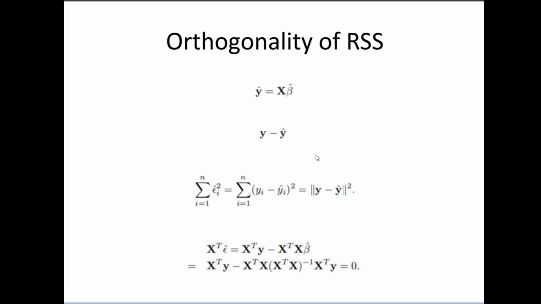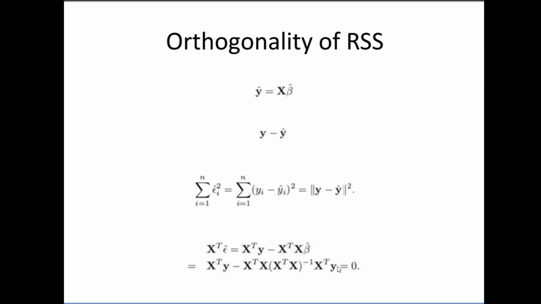Now how do you test the orthogonality of two matrices? So your residuals are orthogonal to X. How do you understand if that is true or not? You take their dot product, you multiply X transpose with the residual, and now if this answer is equal to 0, then you say that the matrices are orthogonal to each other. Now this guy right here is equal to what? X transpose (y minus X beta hat), so X transpose y minus X transpose X beta hat.